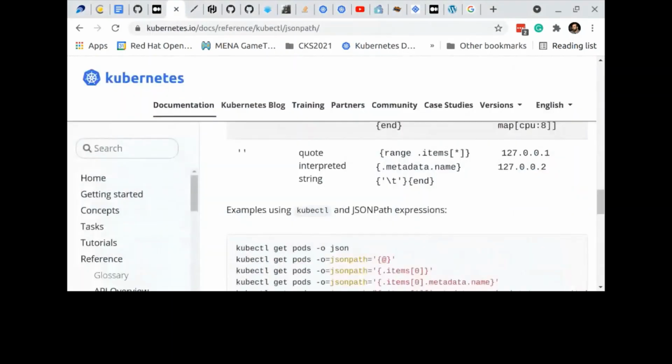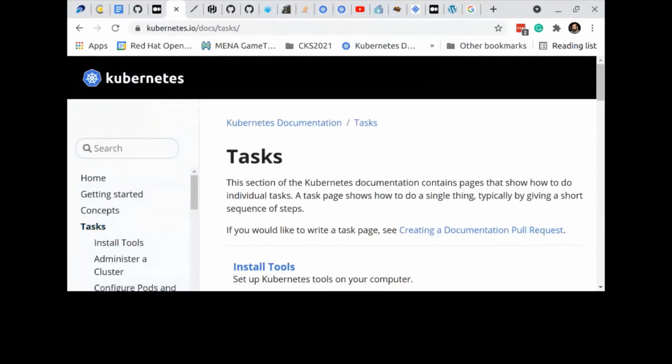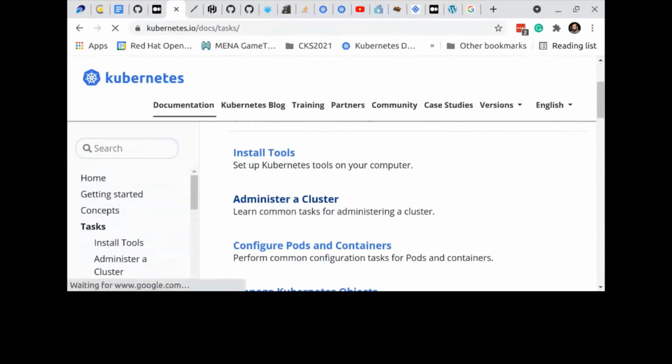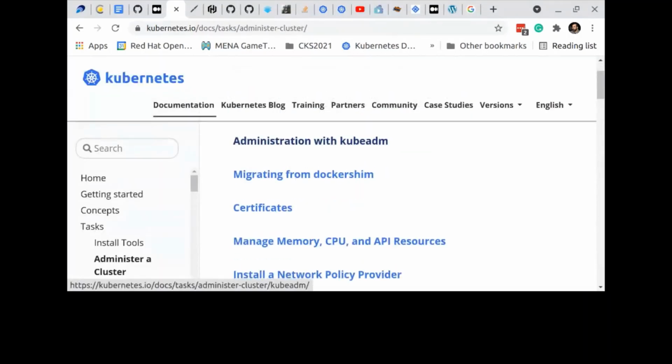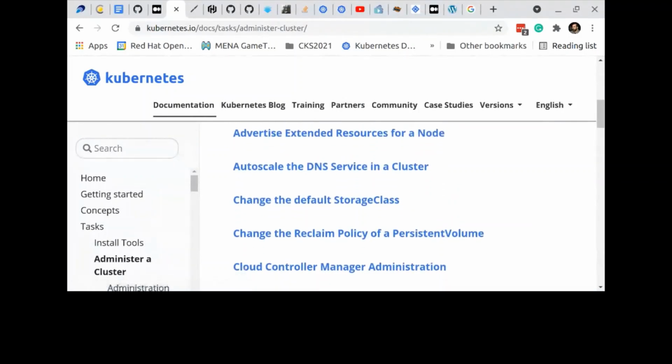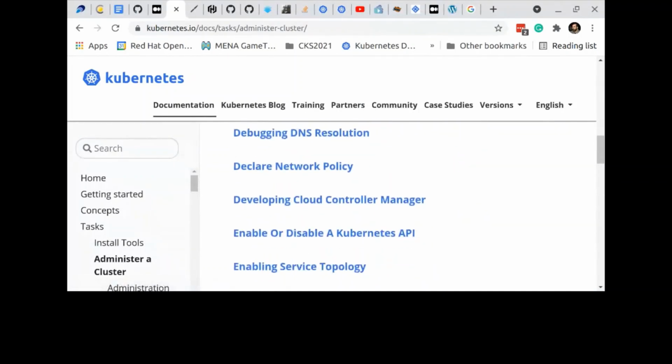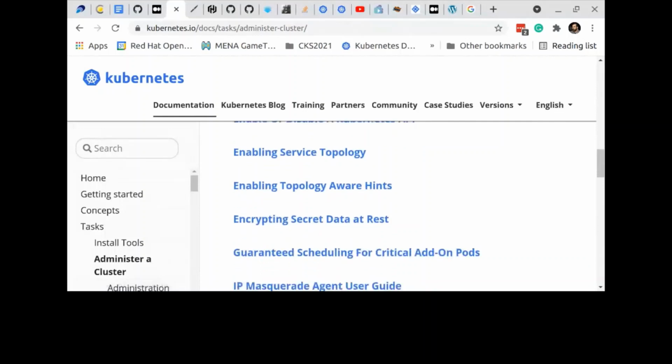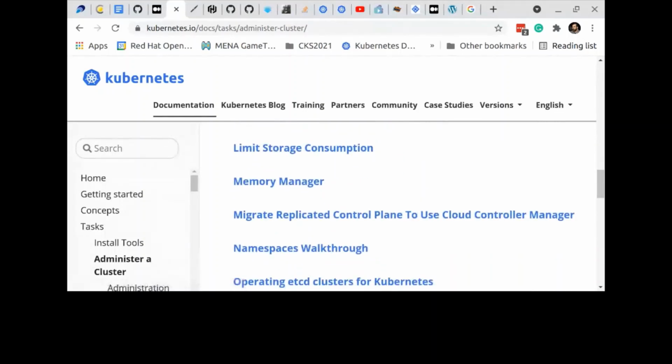So if you go here, and if I go to tasks, okay, you will see administer a cluster. So migrating from Dockershim, installing network policy. You need to know, by the way, where you are in the documentation.